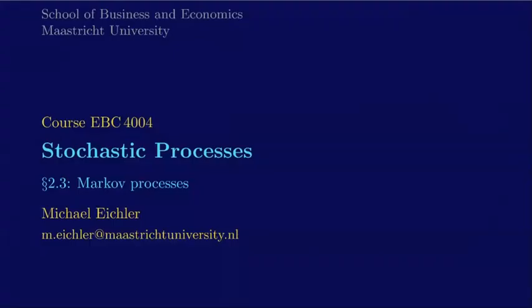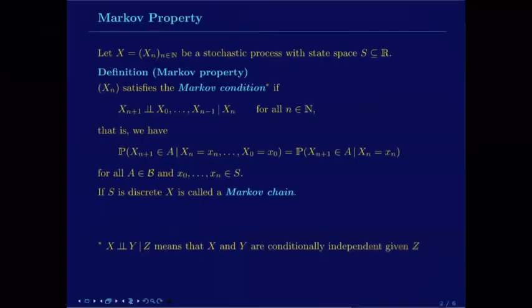Welcome to the second video of this week, in which we have a brief look at general Markov processes with continuous state space. So let Xn be a stochastic process with the state space S being a subset of R. Then, assuming here that it's a process discrete in time, Xn satisfies the Markov condition if, as before,